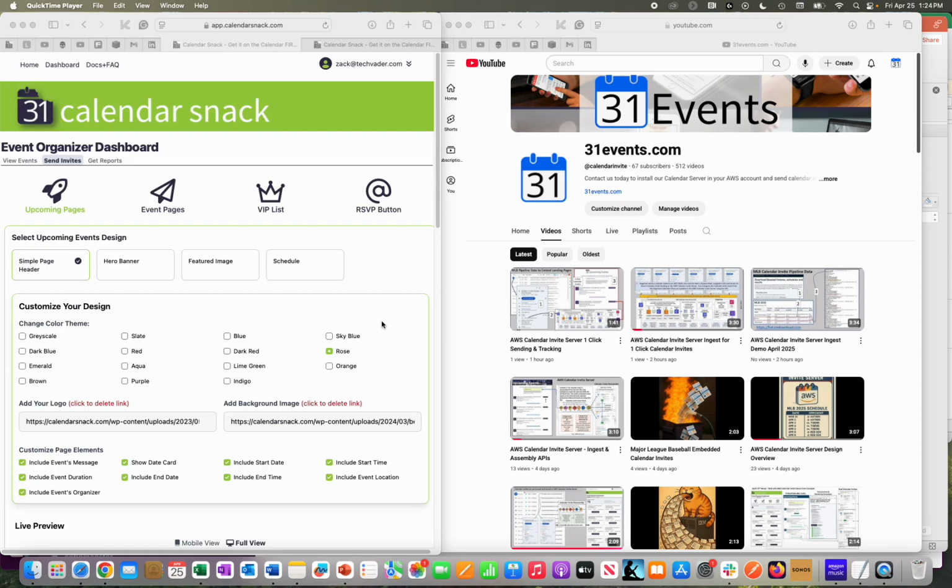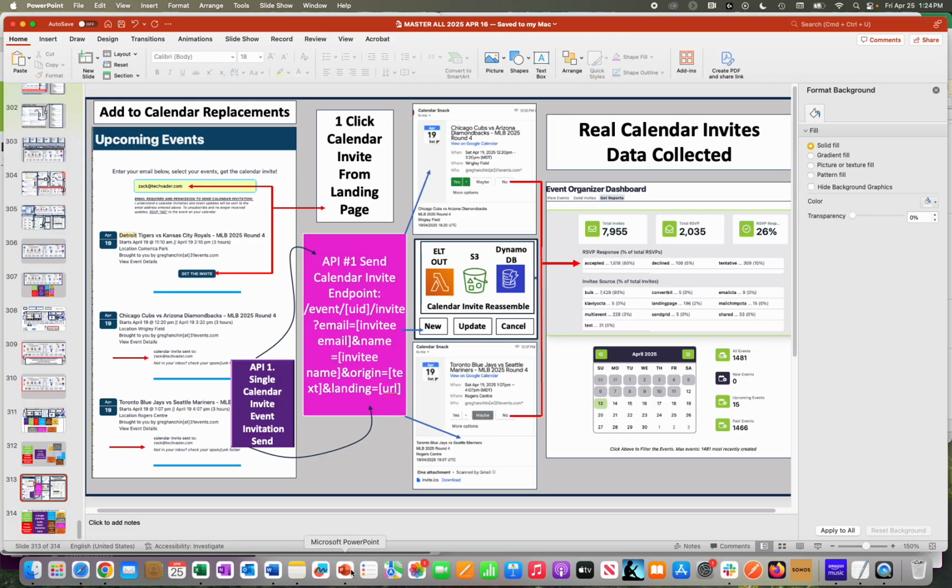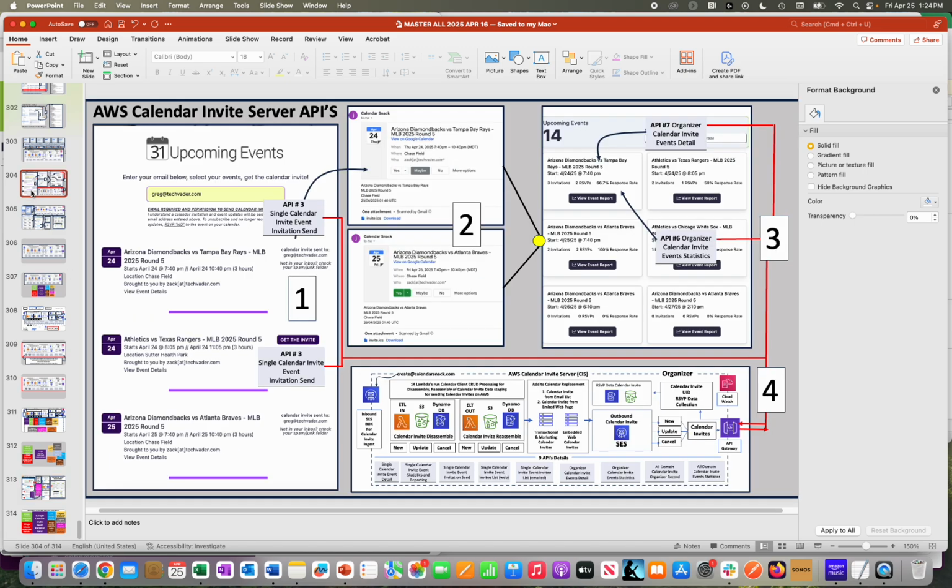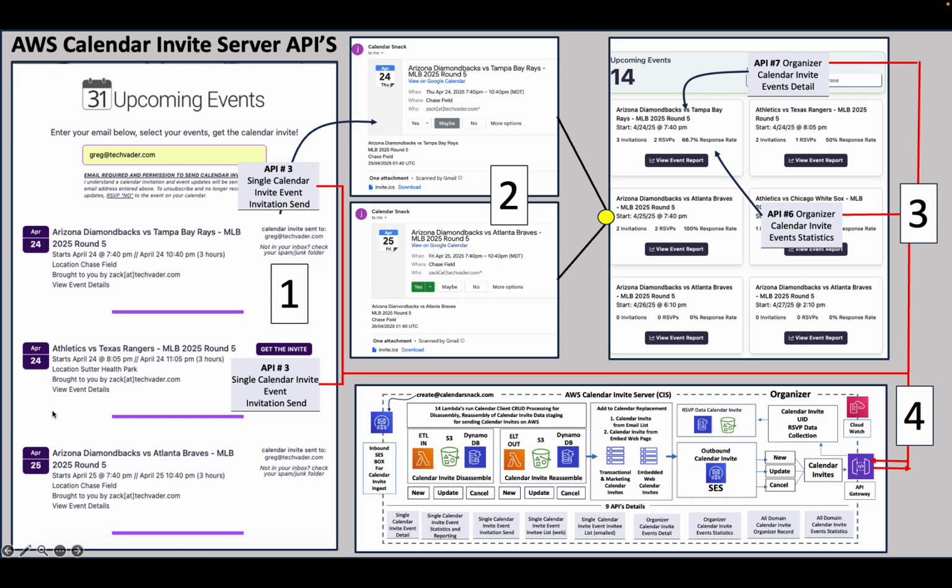You can see them on a couple different screens here. This one on the left is called the calendarsnack.com app. This app was built with a Vue.js front end using Tailwinds and several other pieces of Web3 components. I won't get too much into that, but this app is talking to a database built on AWS and the API gateway. So essentially what's going on here in the background is this magic machine is talking to the AWS